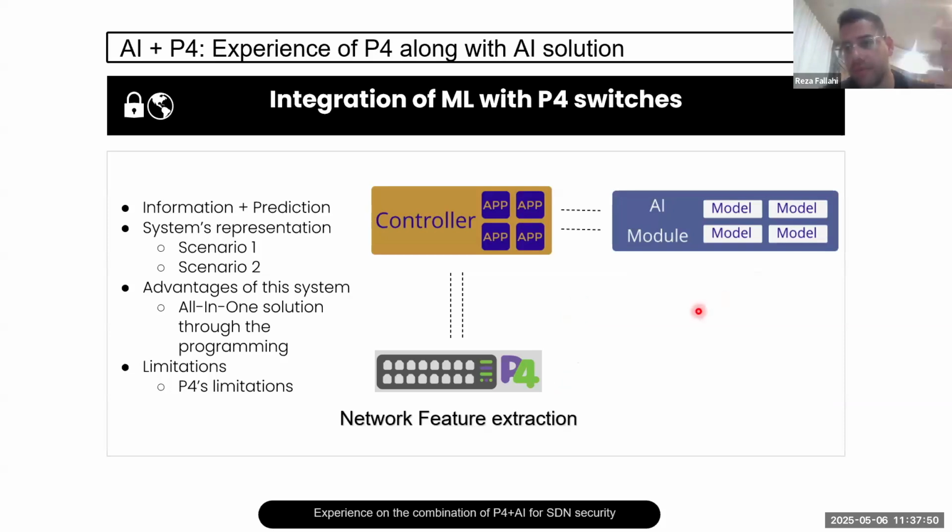I have proposed my solution mostly based on this scenario because I can have my AI solutions the way I want, and I can define the extraction of the features. I was able to extract 33 network-related machine learning features from this P4 switch live and periodically, and feed the controller with this information. Maybe you can implement some kind of application to further analyze the information. The whole idea is that it is more customizable here, and I personally prefer this kind of thing.